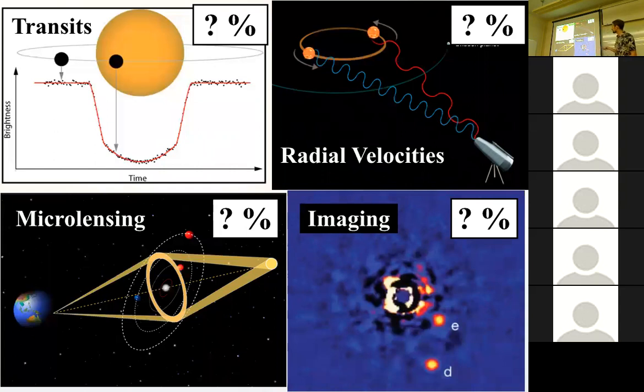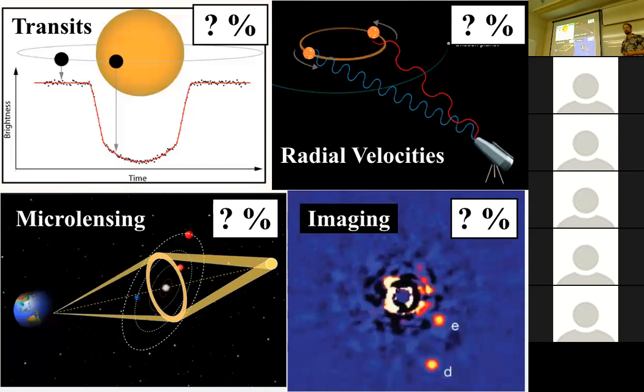One that I haven't mentioned is microlensing. It's also still a niche detection method. But one thing that I want to pause a little bit and ask you, what do you think, in terms of these 4 methods, which one has detected the most planets that we know of so far? So remember this first movie that I showed you, all these thousands of exoplanets. Which one do you think has detected the most planets, and which one has detected the least amount of planets? Or if you feel very confident, maybe you could put some numbers on these percentages that I put up here.